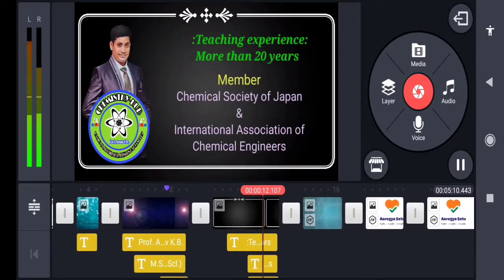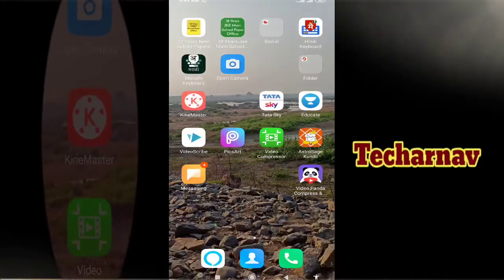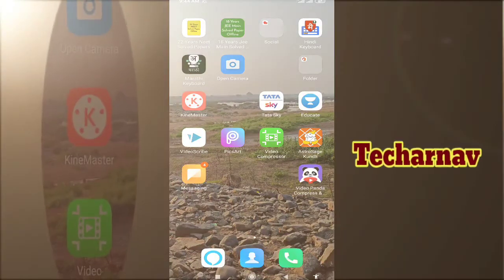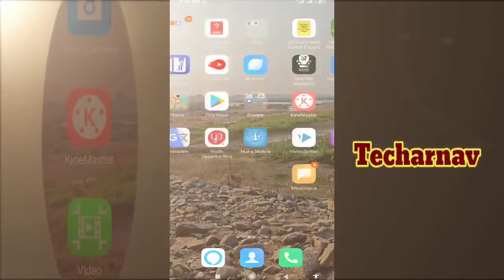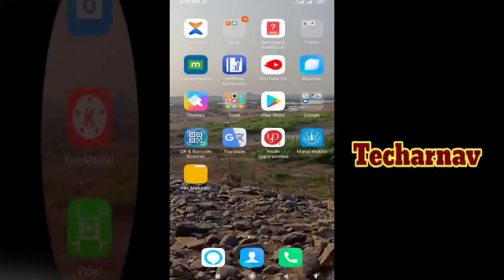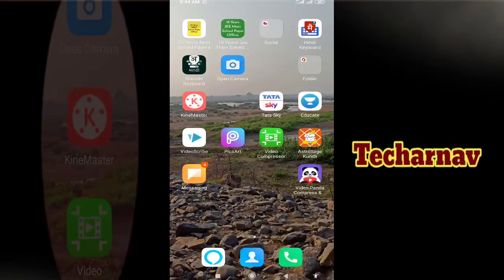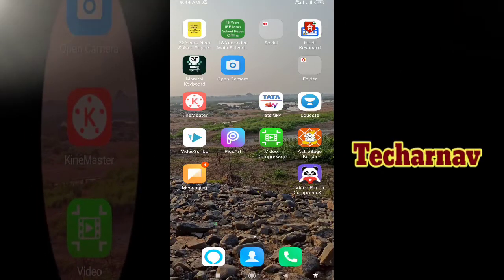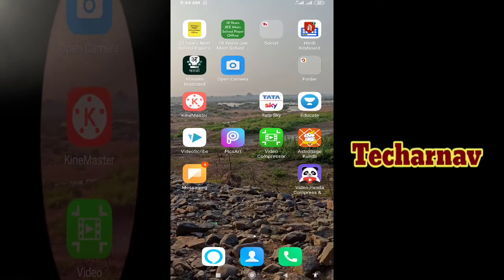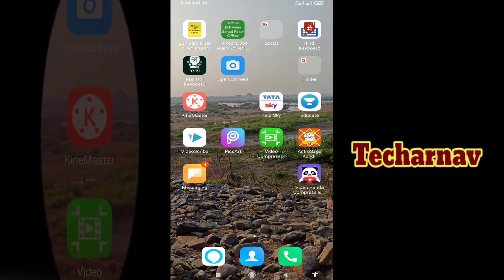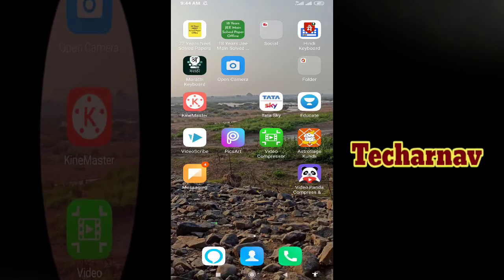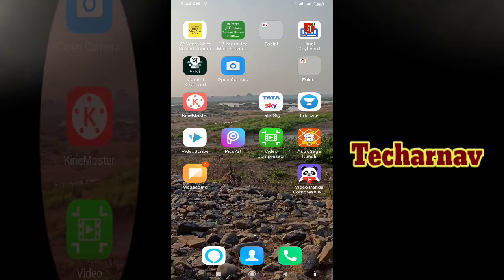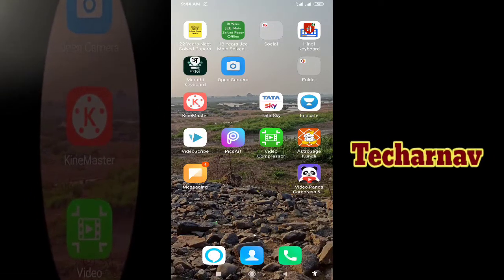Now what about the third software? You can see clearly here, Video Panda, the compressing software. Why? Because if you record a 1 minute video with today's Android mobile camera, then 1 minute of video goes up to approximately 50 to 80 MB. Means a 10-minute video is 200, 300 MB or more, which causes problems while uploading to YouTube. Even if someone is going to watch, there is buffering. So the better way is to reduce it.